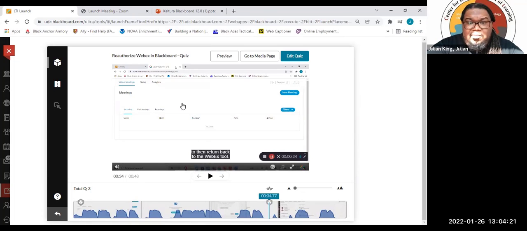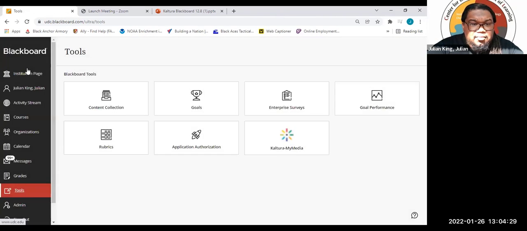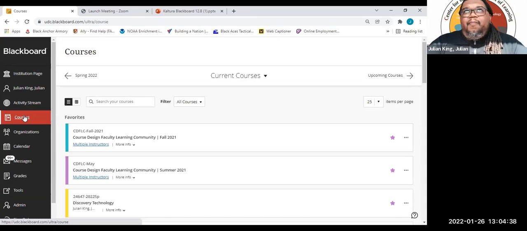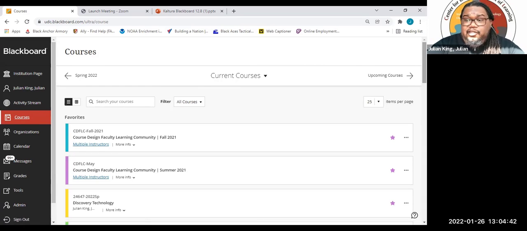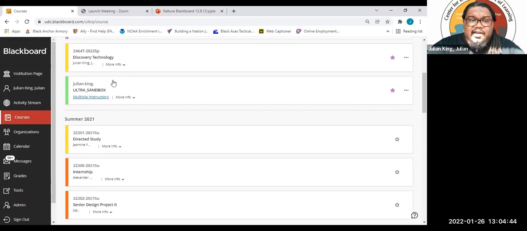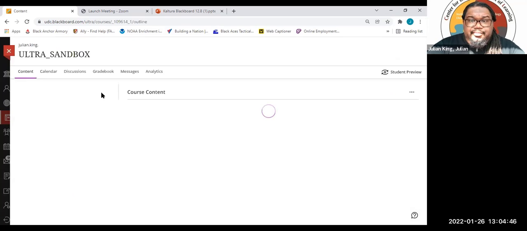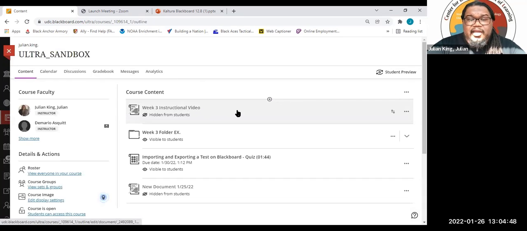Now we want to talk about how do I put this quiz into Blackboard. So when we're talking about putting our quiz in the Blackboard, there's a couple different options for it, but I want you to err on the side of caution of applying it directly into your course. That way you can use the self-grade function for it. And Mr. King, hey, what does that mean? So when we're talking about applying it directly into your course,